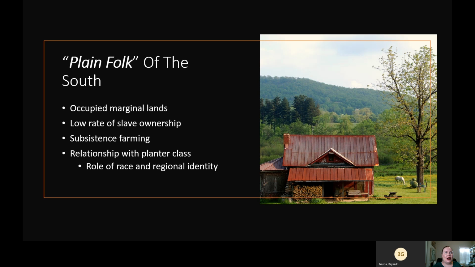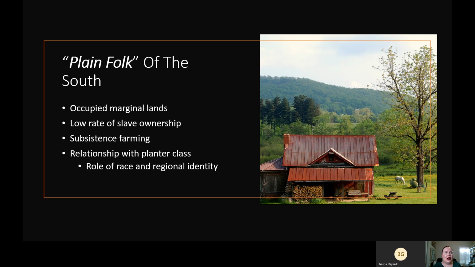Many of these folks are more isolated. They're not as plugged in to transportation systems like rivers or the new railroads that we see in the Industrial Revolution. So even if they did produce excess crops, they're not as able to get them to market to sell. So most of them are farming to kind of sustain themselves. And most of them are still, by the time we get to the Civil War, because they're isolated, making their own goods. They're not consuming manufactured products. They're not buying, for example, cotton made in textile factories. They're still probably making their own fabric and clothes at home.